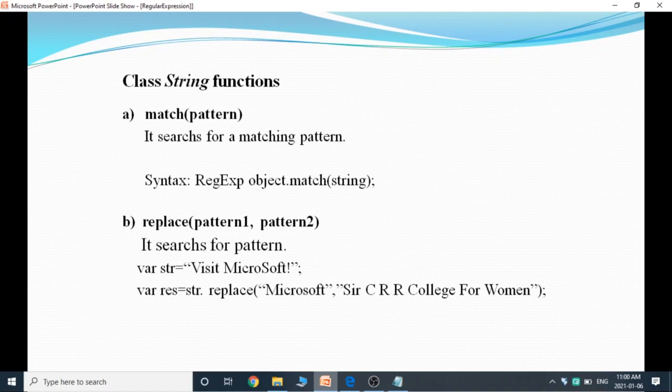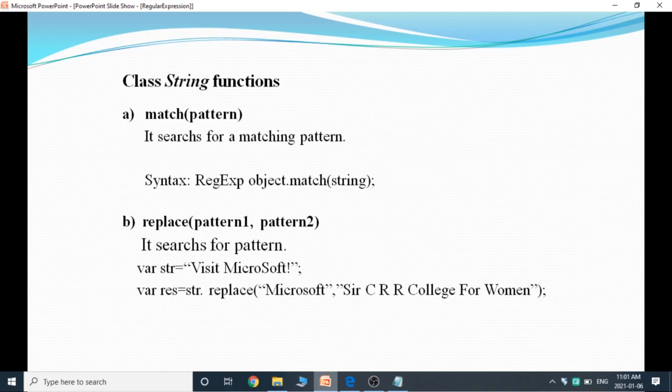Next, coming to string class functions. Here we are using match, replace, search and split. Match pattern searches for a matching pattern. It returns an array holding the results, or else null if no match is found.